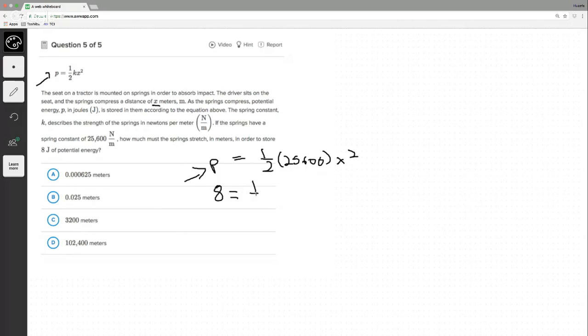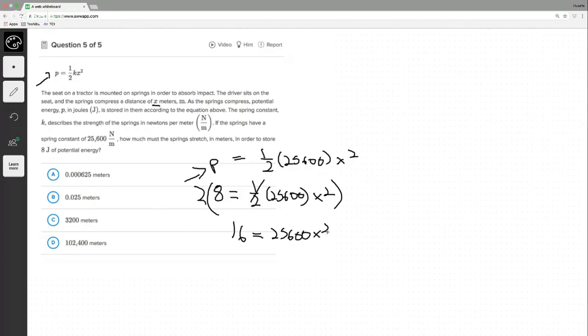Now we have 1/2 of 25,600 x squared, and all we've got to do is solve for x. Simple, right? It's simple once you can actually put the pieces in place. Very hard until you can do that. I'll try and go as long as I can without a calculator here. To get rid of that 1/2, I'm going to multiply both sides by 2. And we get 16 equals 25,600